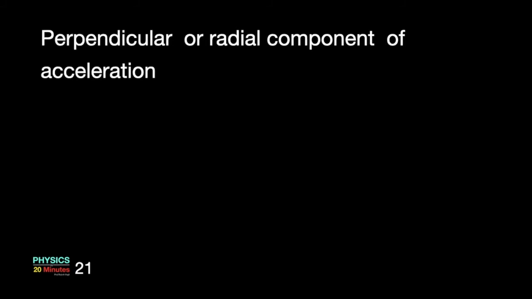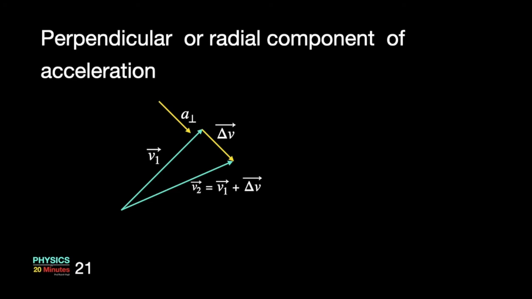What about the perpendicular or radial component of acceleration? What does it do? So let's see. Our velocity vector v1 as usual. Now it is the perpendicular component of A, so it will be drawn perpendicular to v1. Therefore, the change in the velocity vector delta v will also be perpendicular to vector v1 because it should be in the same direction as that of acceleration. You can complete the triangle by drawing the third side as velocity vector v2. By using triangle law, you can see that it is v1 plus delta v.